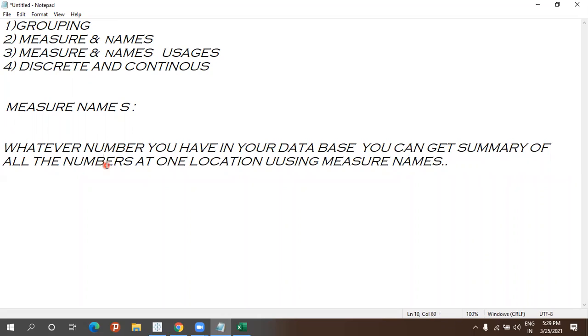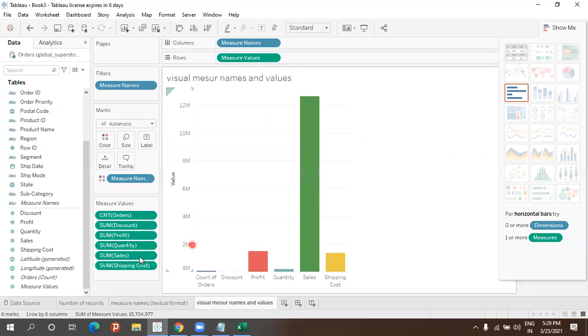So what do measure names mean? Whatever numbers you have in your database, whatever you import, you can get a summary of all those numbers in one location using measure names, whatever we have done just now.